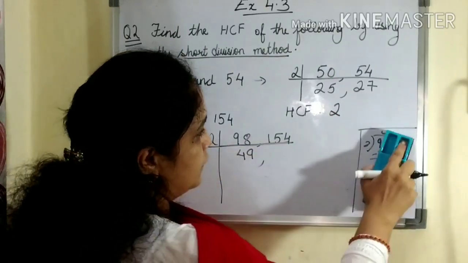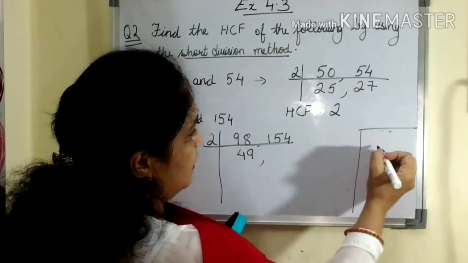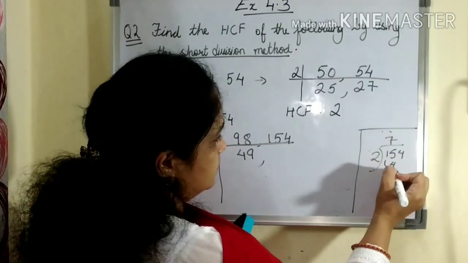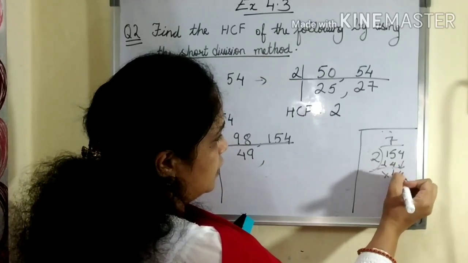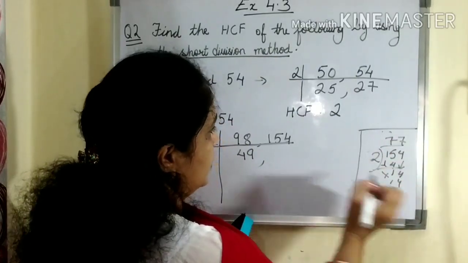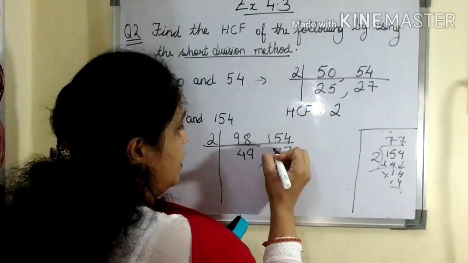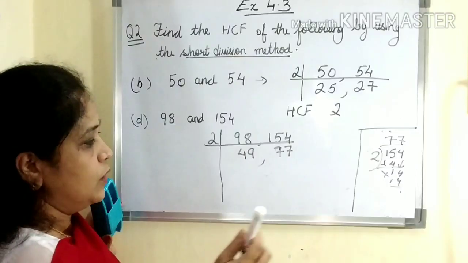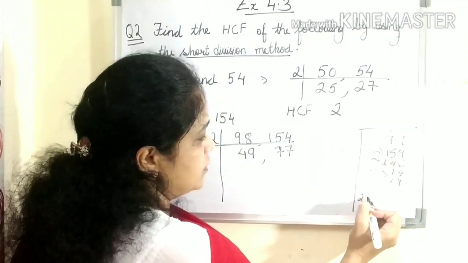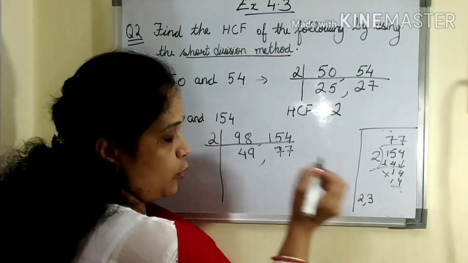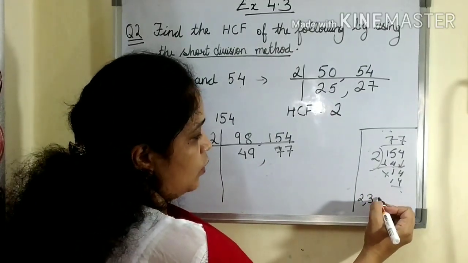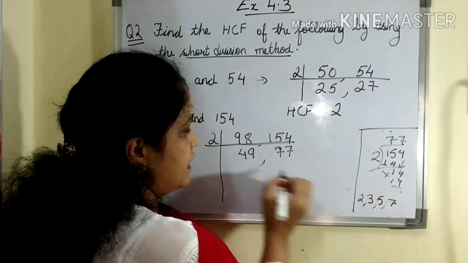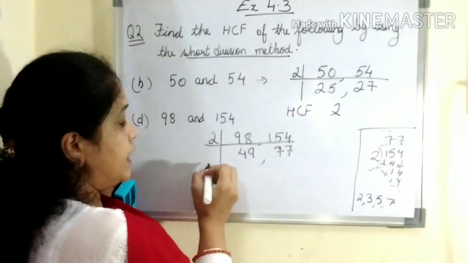Okay. Now 154. Find 154 divided by which number? It gets divided by 2. 2 7s are 14. Again it comes 4. So 2 7s are 14. So it comes 77. Now think of a prime number which divides both 49 and 77. Suppose 3. See the next prime number. 3 won't divide 49, neither 77. 5 won't divide 49 and 77. Then comes 7. 7 divides both 49 and 77.